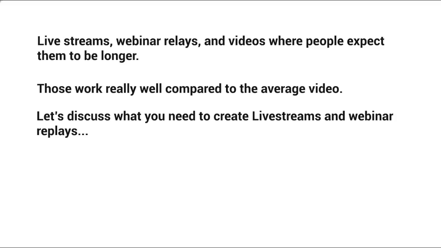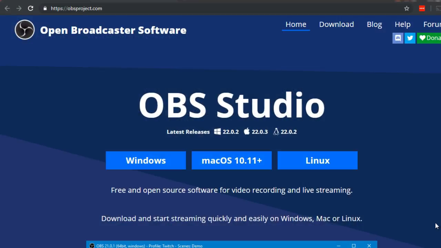So let's discuss what you need to do in terms of software or even web applications that you need to create live streams and webinar replays. So in order to create a YouTube live stream, you're going to need to have a broadcasting software. There are many. You can go to YouTube and type in live stream, how to set it up, and there's a lot of videos on that. But this is one particular one that we have used and that has worked really well for us. It's called Open Broadcaster Software and it's free, best of all. And that is located at